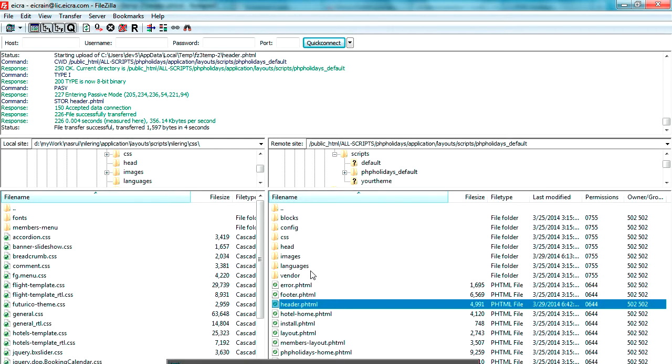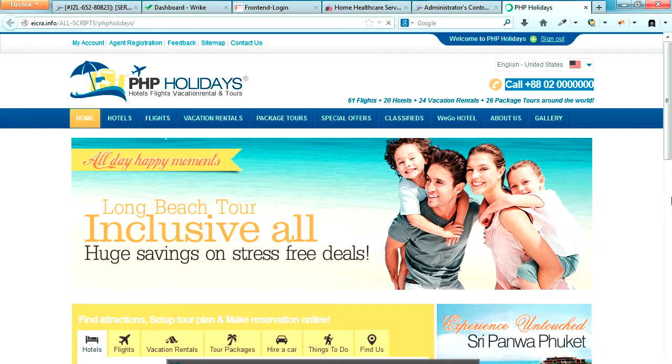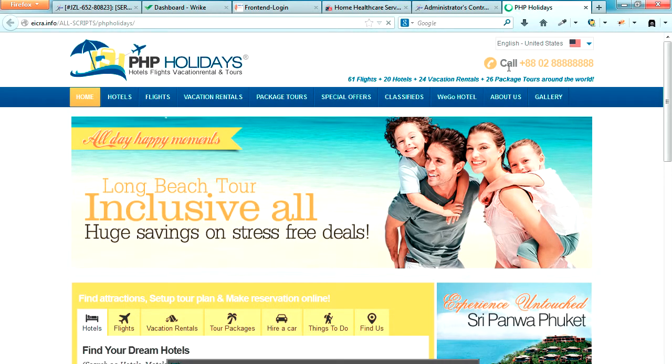Now we will go back to our home page and see how the change takes effect. In this tutorial we have made the change through the backend administration control panel. I just refresh the home page to see the change come into effect. You can see the change has come into effect. All the zeros are gone, and replaced by 88888. So as you can see, the changes take effect, whatever we have done in the backend administration control panel by changing ID 201.